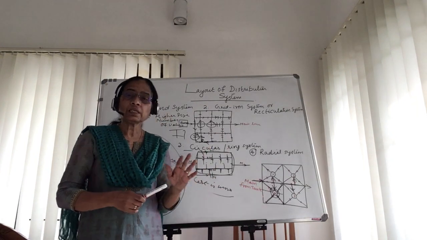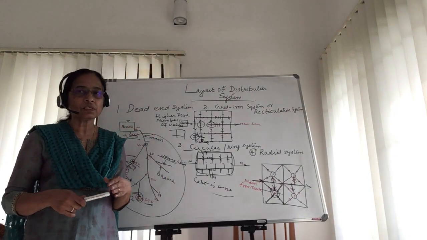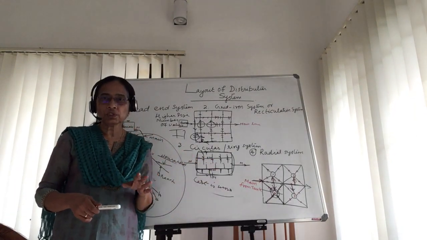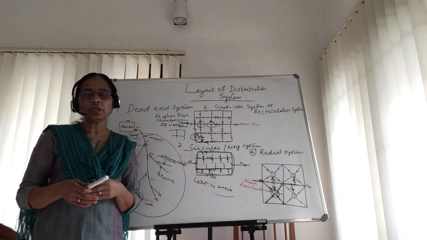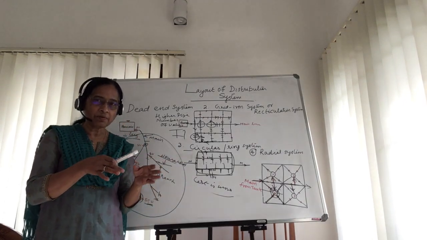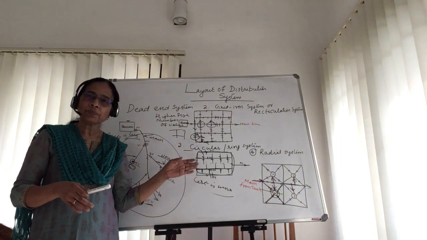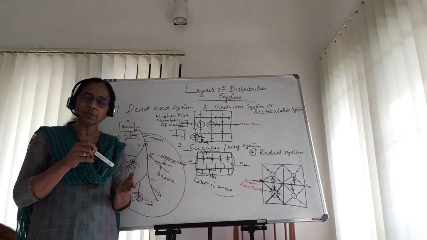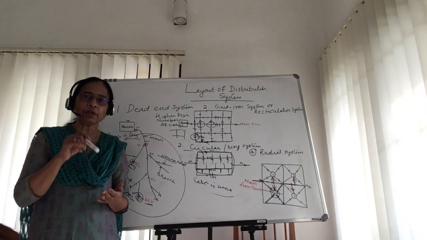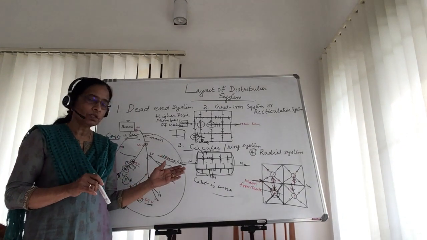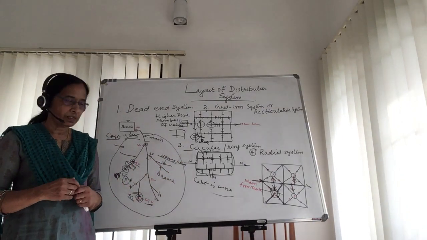Then the disadvantages. Here, what is the disadvantage? Here we can see that there are a number of tanks. The number of reservoirs is more. We need here 4 zones, meaning 4 tanks. The cost of the construction of the tank is higher, but usually if your city has a different geographical nature, then it is better to have different zones, and each zone should have a reservoir so that you can control the supply from that particular reservoir.